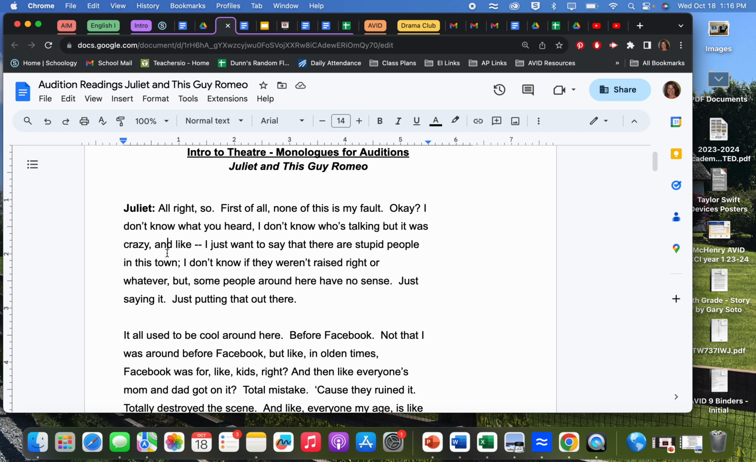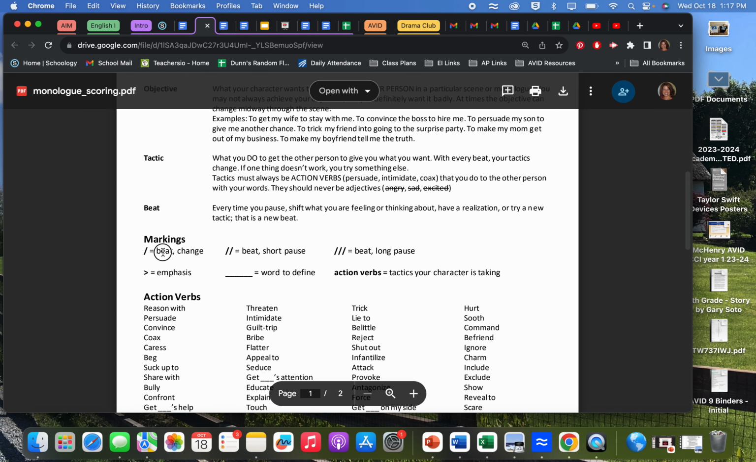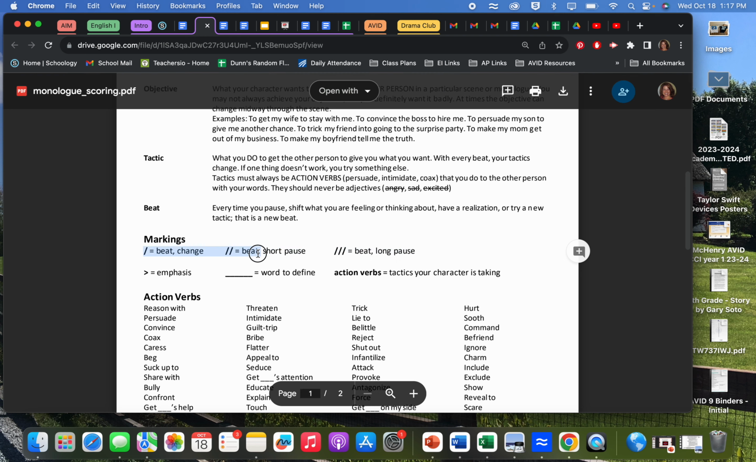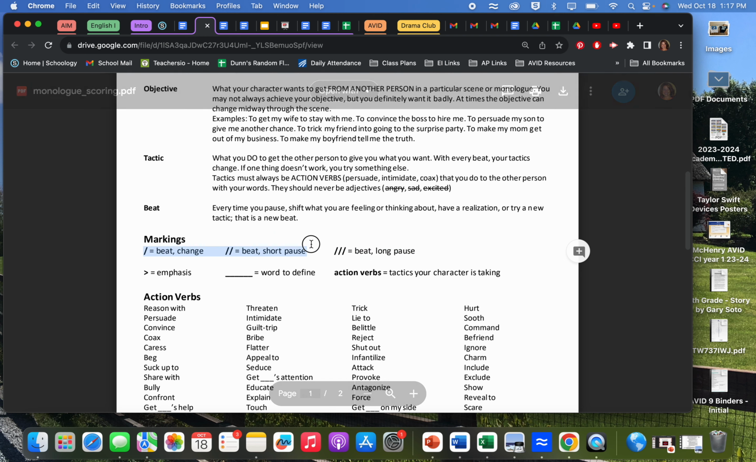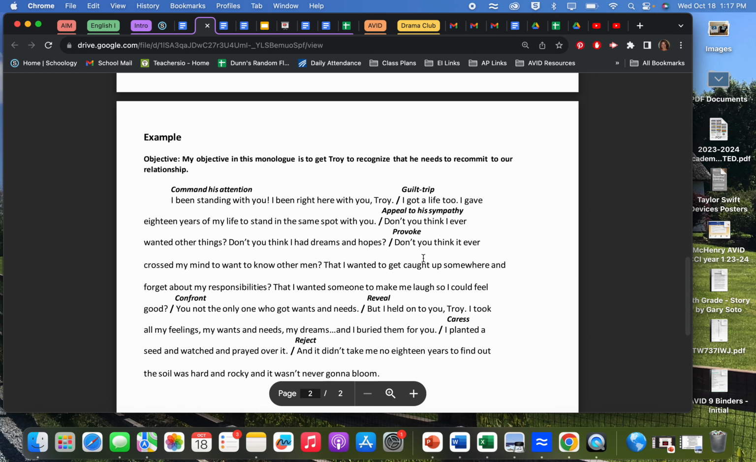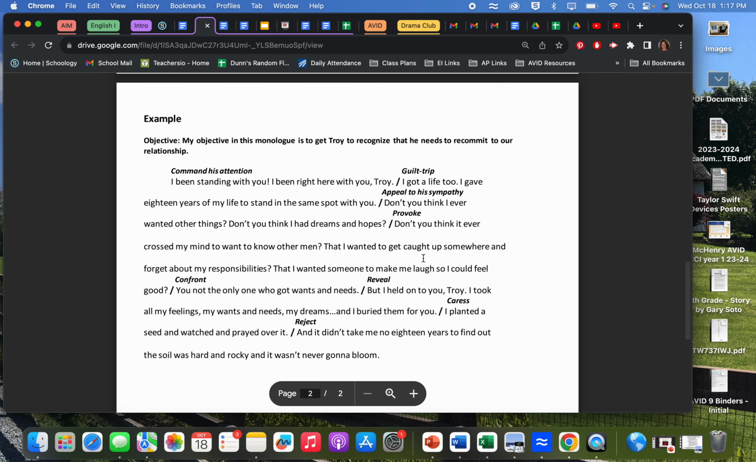All right, the second thing that we're going to be doing after emphasis is pauses. So within the monologue, you're going to be inserting slashes that look like this with your pen or pencil to show when you want to pause. So for example, the example down here,